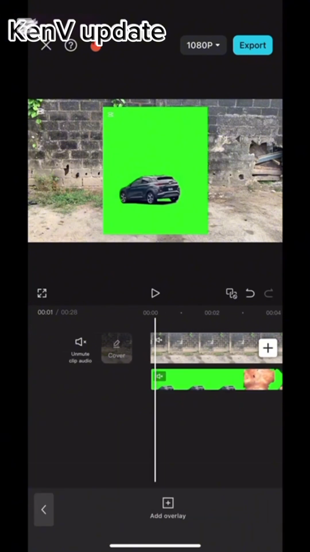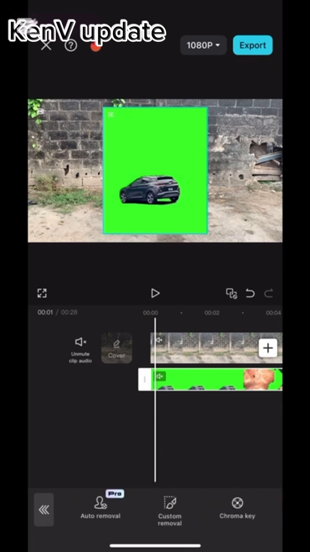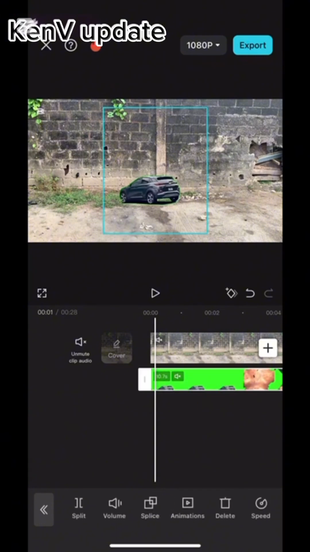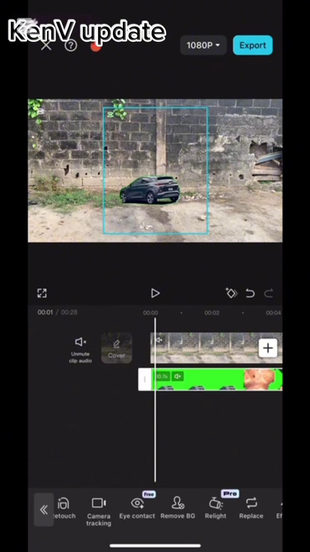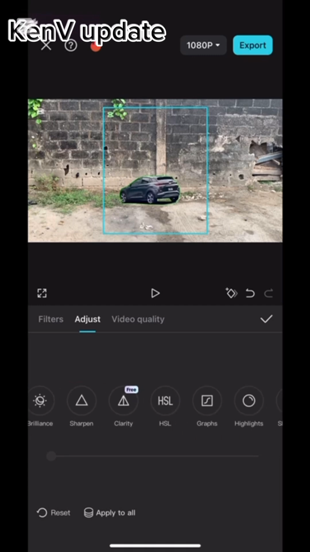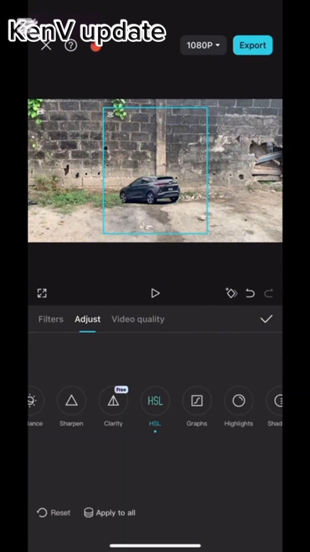So at this point, you click on it and go and locate remove BG. Click on remove BG, chroma key, drag it up. Mark on this good and go back. Click on it. Locate adjust, guys. Go and look for adjust. Click on adjust, HSL. Click on it, click on green, reduce saturation to 0, mark on this good and go